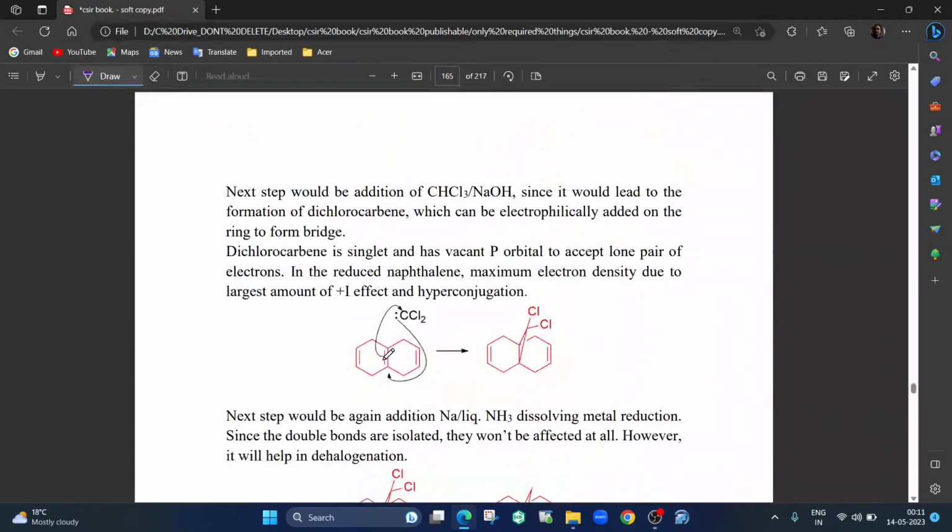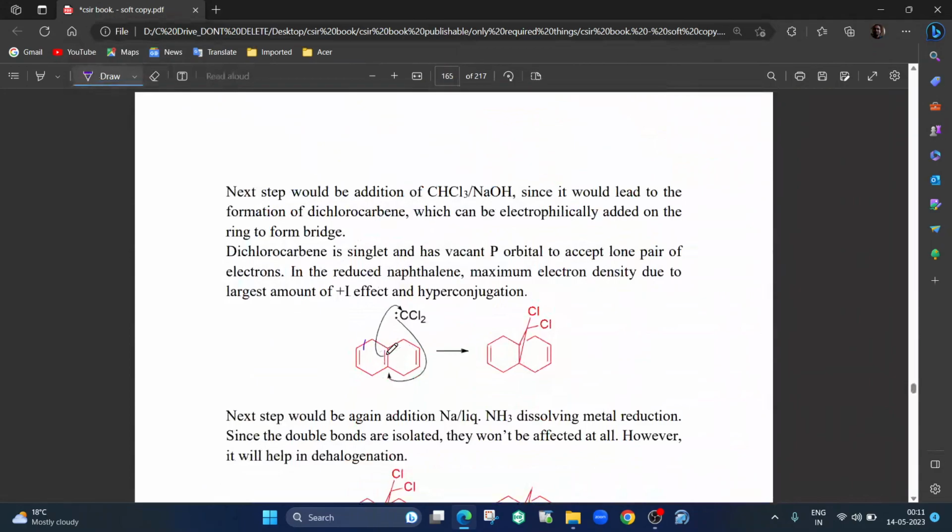Now this Decalin system, what happens is, if you see this pi bond and this pi bond and this pi bond, this pi bond has only 2 electron donating groups, right? This also has only 2 electron donating groups, but on this pi bond you are having 4 electron donating groups by hyperconjugation. So these are all electron donating groups, 4 alkyl groups are there. So this is the most reactive alkene in this molecule, and therefore electrophilic addition, it's not substitution, addition reaction occurs in